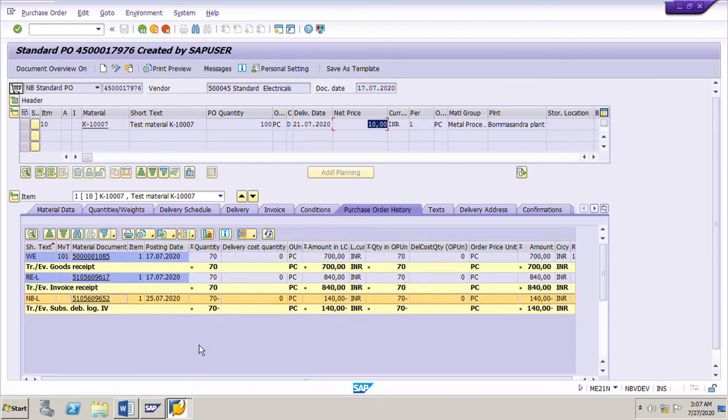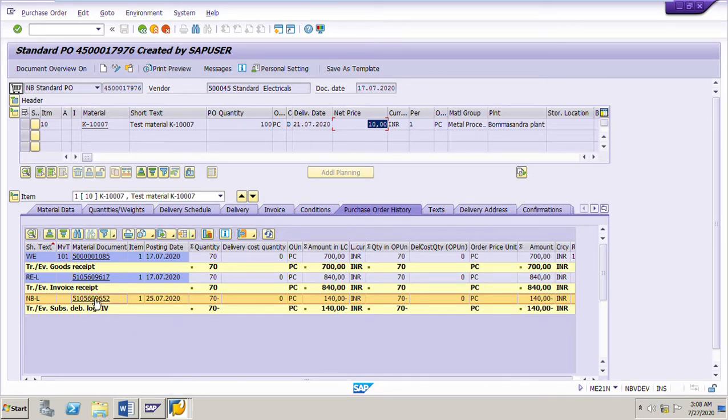But later, the vendor has agreed that the invoice is at a higher price, and we have posted a credit memo for the extra charge of 140 rupees. 70 into 10 is 700. The extra amount of 140 rupees which was charged higher by the vendor has been reduced by posting a credit memo here.